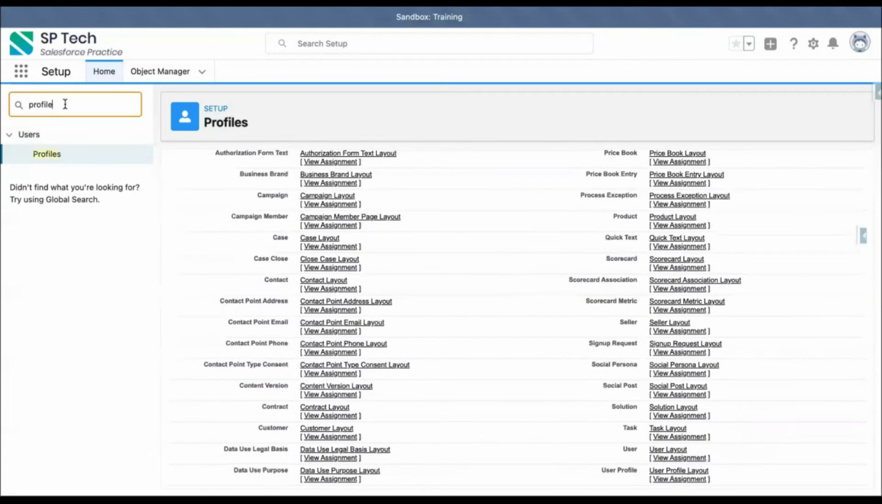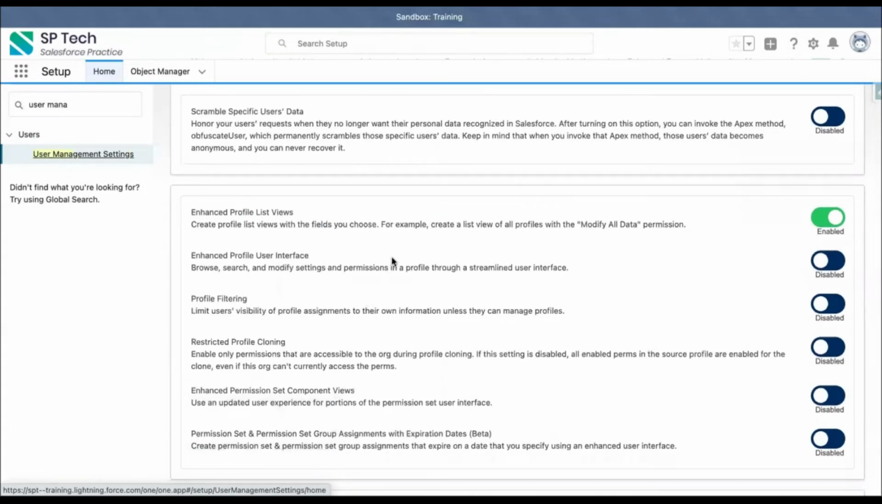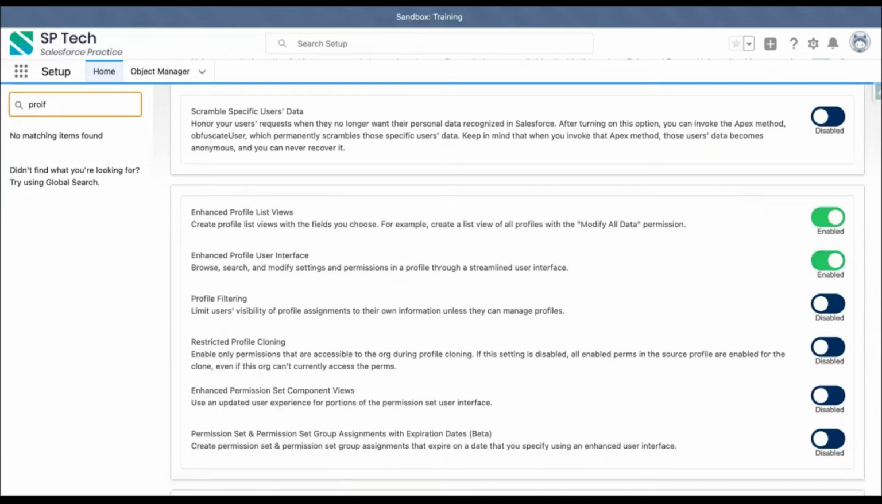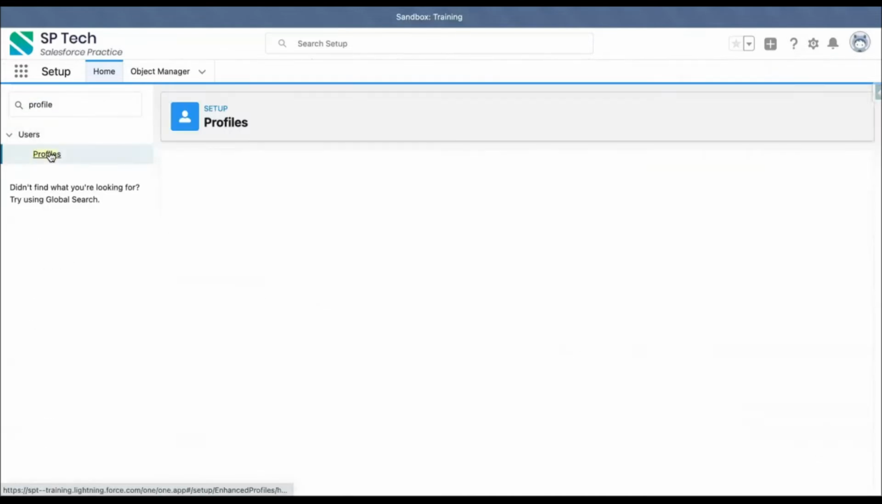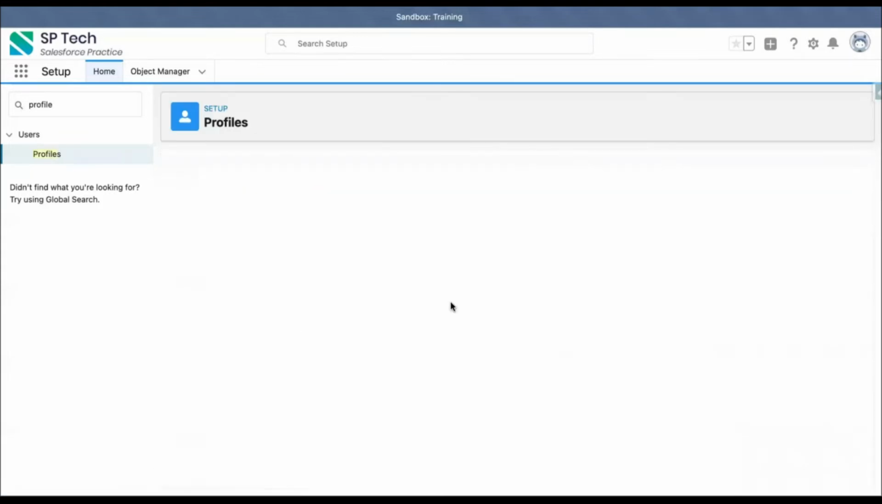Now, if you want to switch to the enhanced view, you just need to search for user management settings and you can enable the Enhanced Profile User Interface. This is very important to know while working with profiles. So now here, if I open the demo user profile again,